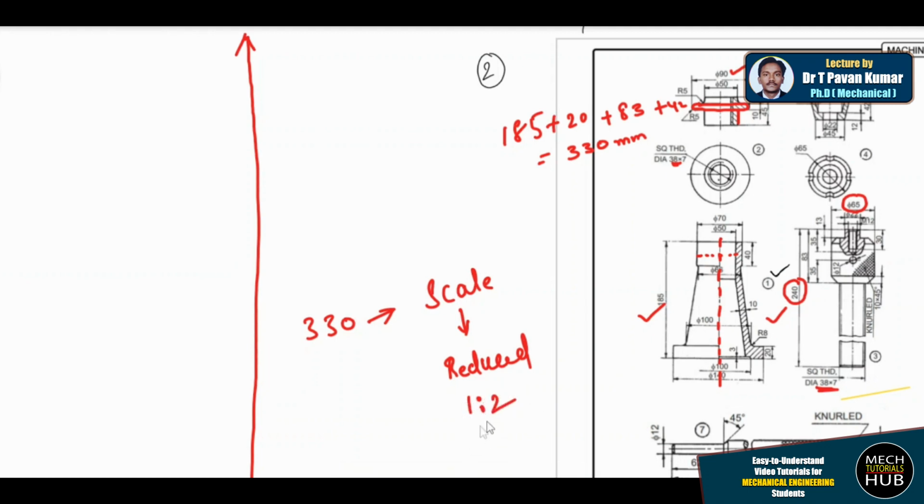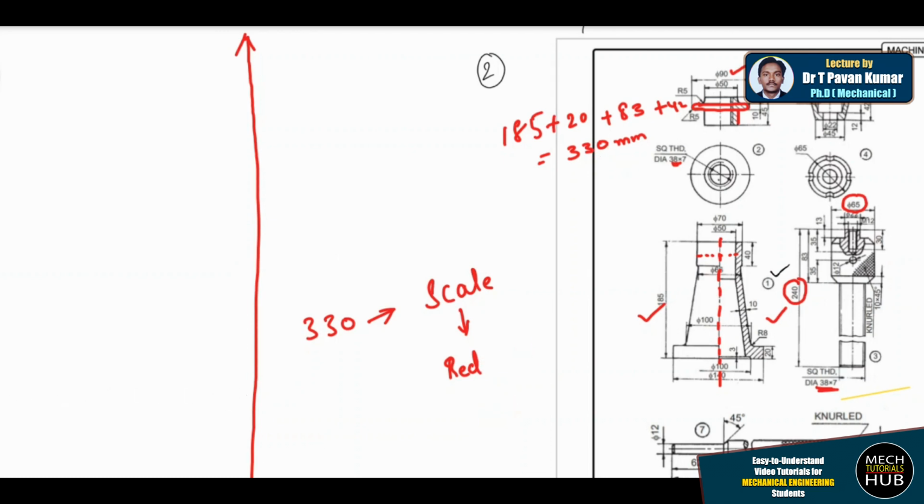When I do that, this 330 size will come down, so that height it is going to take. Similarly, I can easily draw the top view also. For example, if the overall height is more than 330, say around 500 or 600 mm, then you can easily draw your front view and your top view. There is no problem at all.